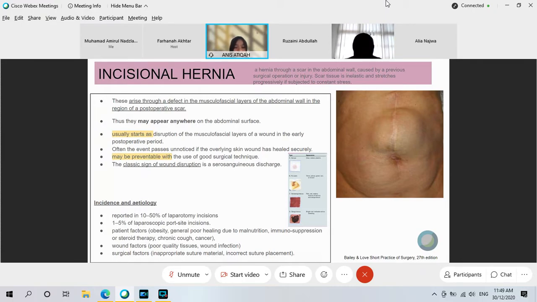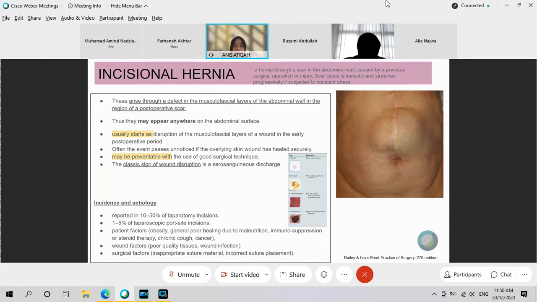What did you say just now about incisional hernia? What is the pathogenesis? I think I couldn't find the pathogenesis in the book, but the incidence and etiology I'm going to discuss later. You cannot answer like that. When asked, you have to answer the question. I'm going to answer later, it's in my next slides.